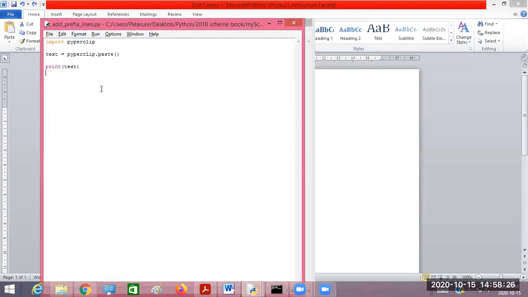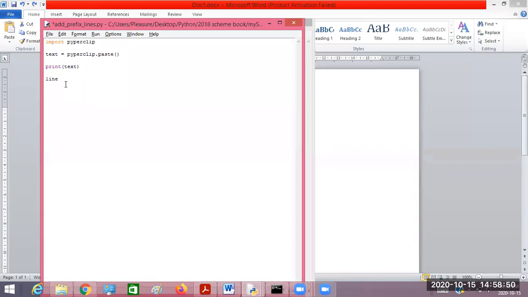Now I have a text with me. Since it is multi-line text, each line will be separated by a new line. First, I'll prepare the list of lines. Since there are multiple lines of data in the text, I'm going to split that text into a list of lines.